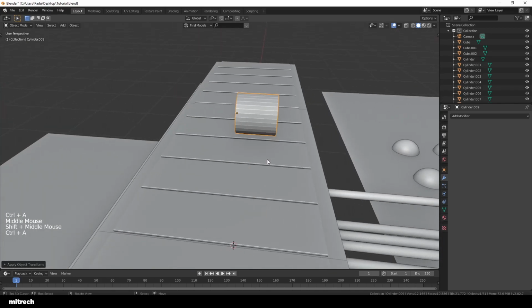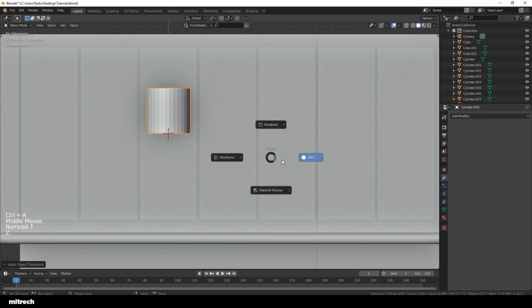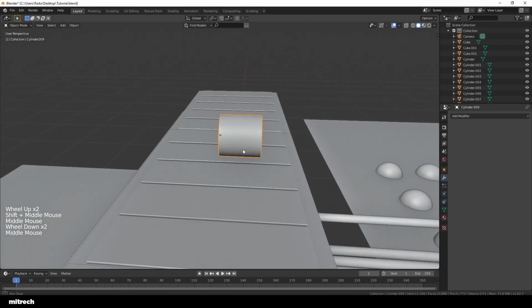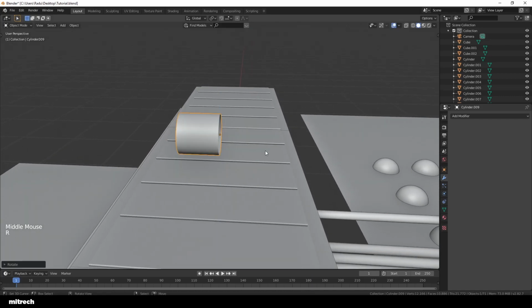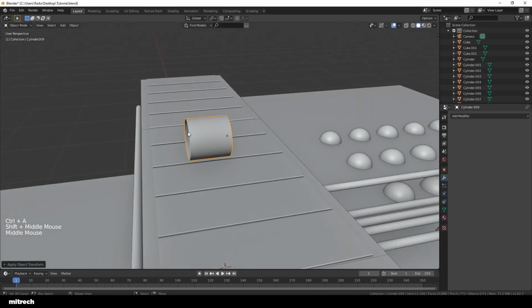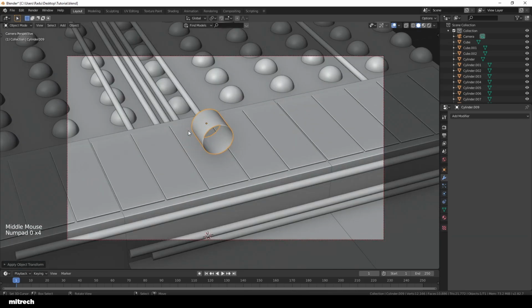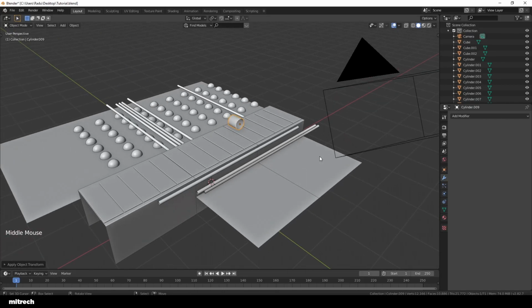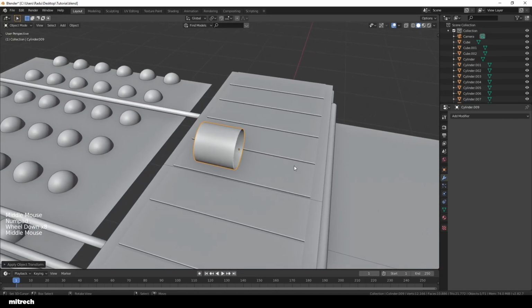Yep, that looks fine. I'm gonna shade smooth, and I'm gonna actually rotate it 180 degrees to be on this part. No, actually it was alright that way. And now I'm gonna move it where I want it to be, so I think that's where I want this arm to be,